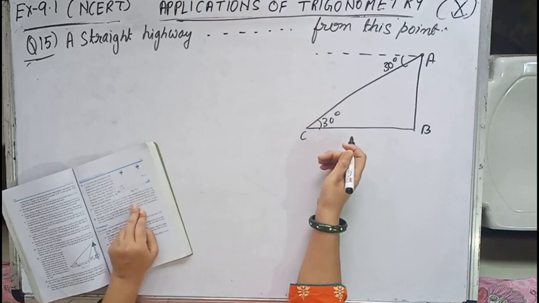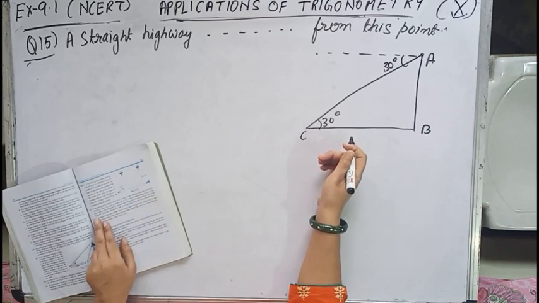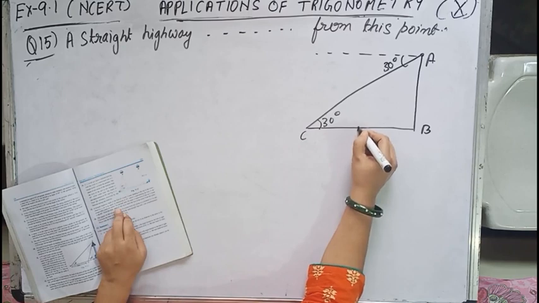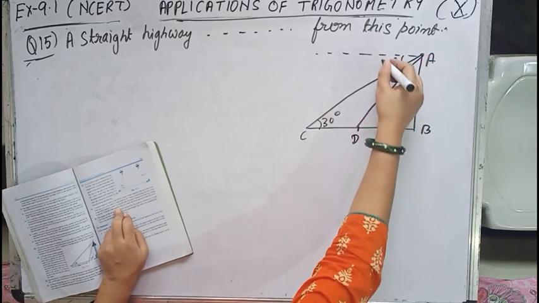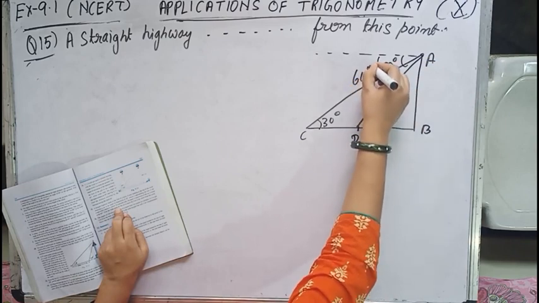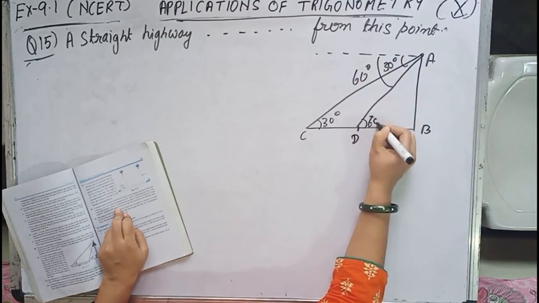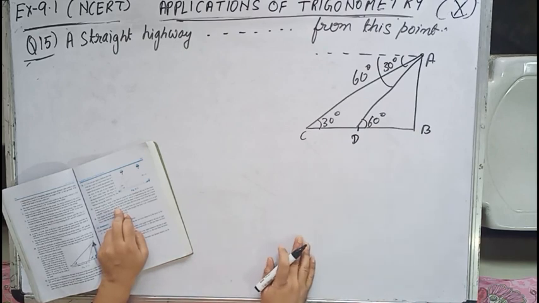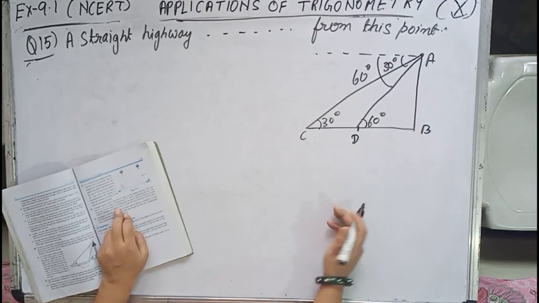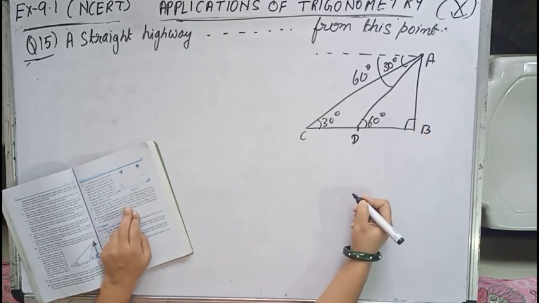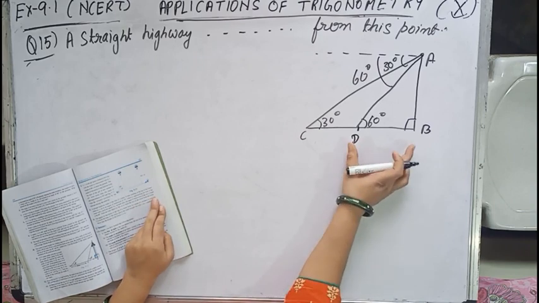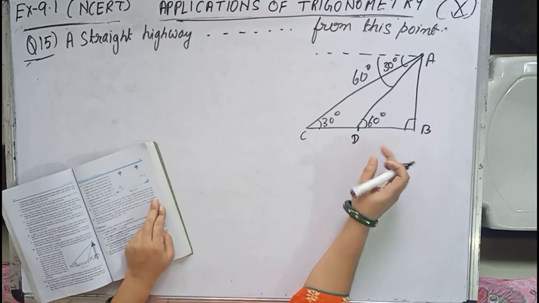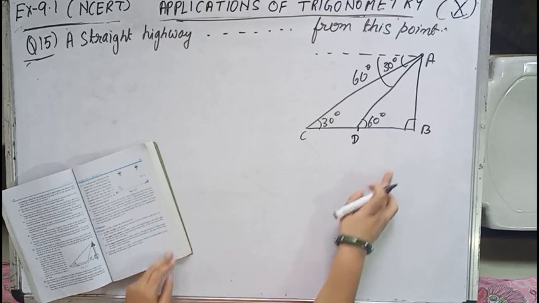Now 6 minutes later, the angle of depression of the car is found to be 60 degree. Now suppose after 6 minutes the car reaches the point D, then in this case the angle of depression is coming to be 60 degree. So because of this alternate angle property, this also angle is 60 degree. Now the question asked is, find the time taken by the car to reach the foot of the tower from this point. So we have to find the time taken by the car to move the distance DB.